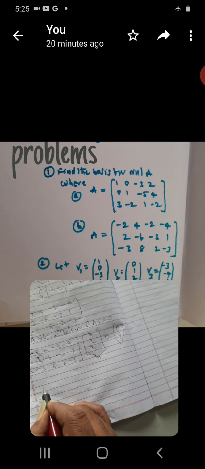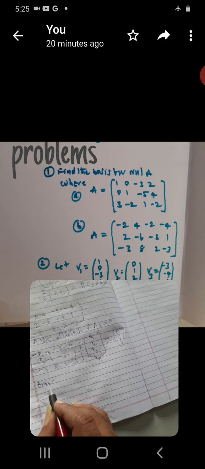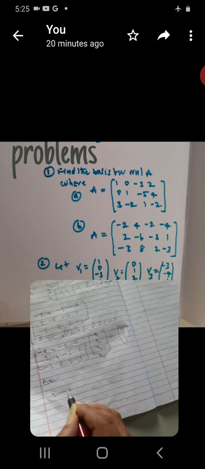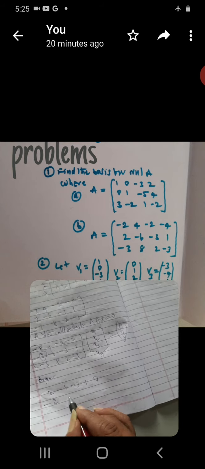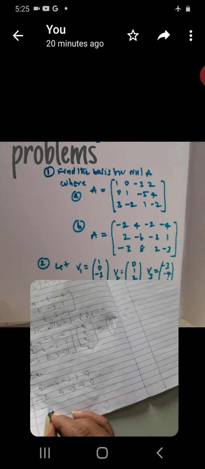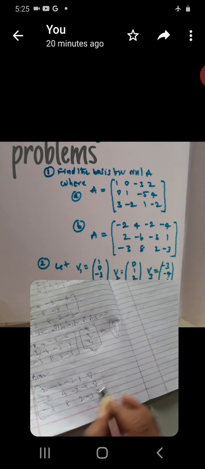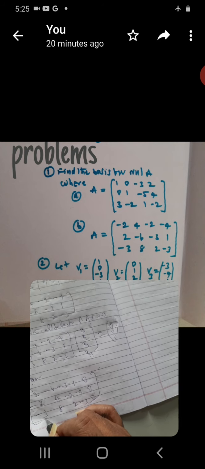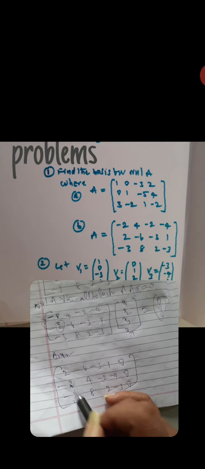What about C? Argument matrix. You write first the augmented matrix: 2, minus 6, minus 3, 1, 0. Then minus 2, 4, minus 2, minus 4, 0. Then minus 3, 8, 2, minus 3, 0. First to C, what about C? 0, 0. These two zeros. This term 0, this term 0.